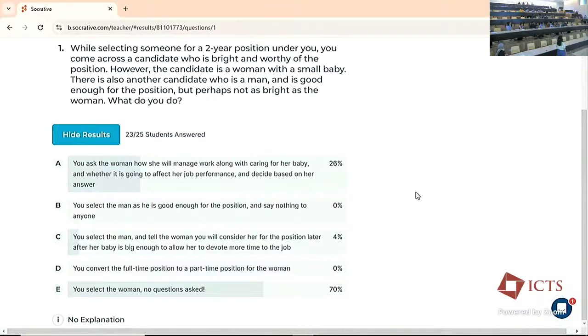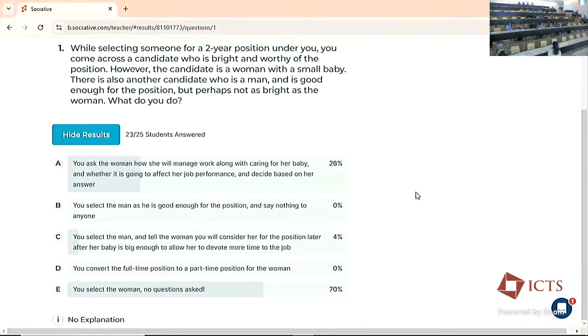So this phrasing is a bit weird, and it's also not clear to me at what stage you do this discussion. But if a woman is a new mother with a small baby, she might say, I would prefer if you could make it a part-time job or a 75% job, so I don't feel guilty if you hire me and I'm less productive, which obviously is going to happen. If they make some sort of compromise, I would also be happy with that, but that was not how it read.